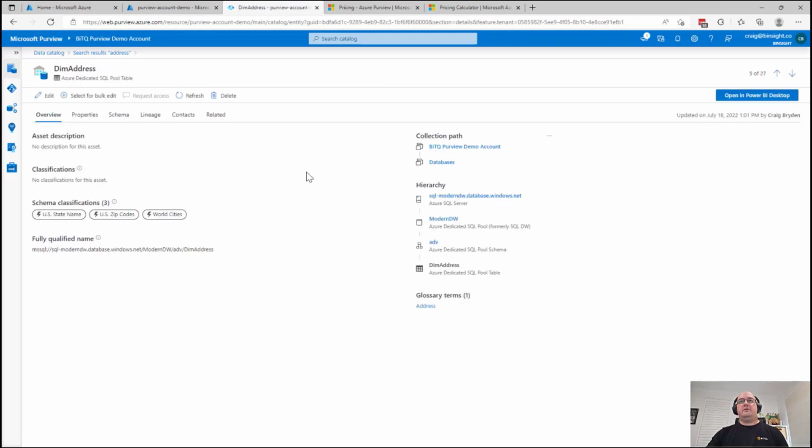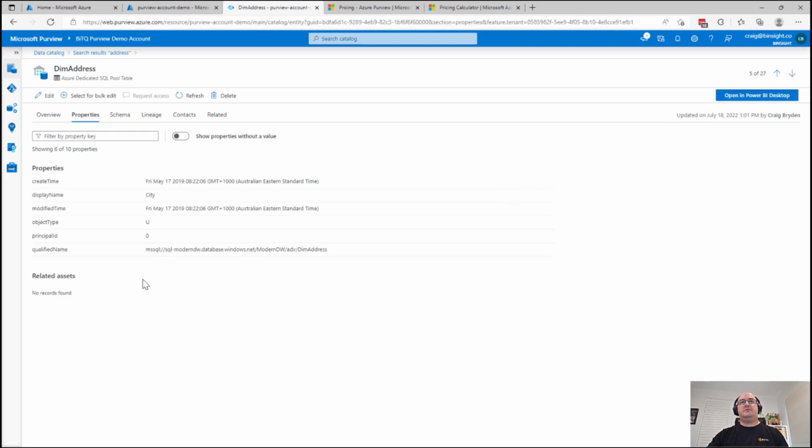So here's the overview page, which I did show in some slides, but we'll take you through a live demo of this. You can see that within the schema it's found 3 different classifications, and the lightning bolt indicates that the classification was done using the automatic rules and not done by a human who had deliberately added a classification. Properties just show us some basic stuff, and these will vary